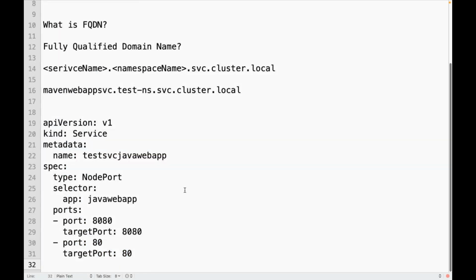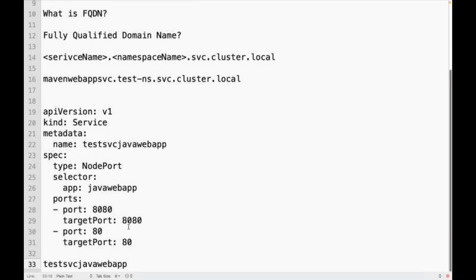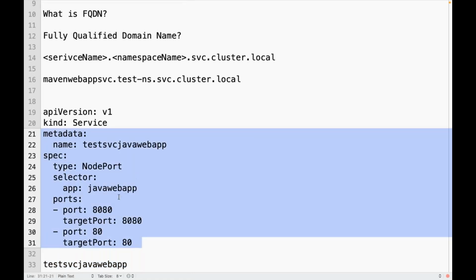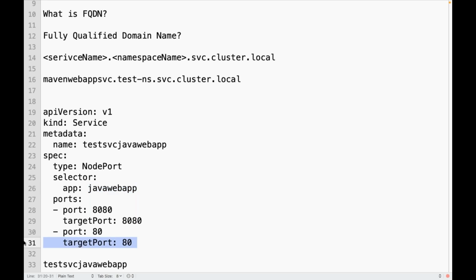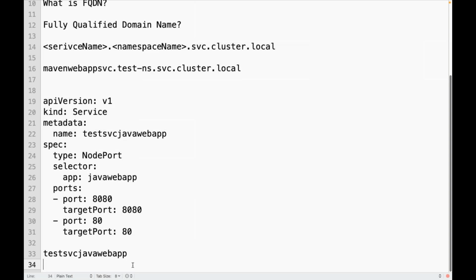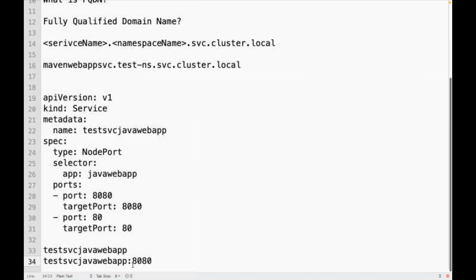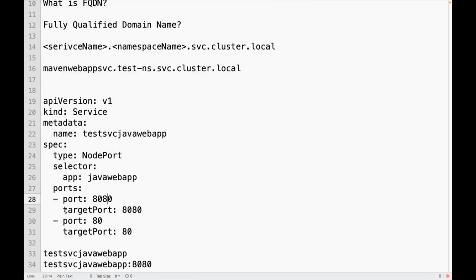So if I have done like this, when I am accessing this service name without mentioning any port, the request goes to port 80. Is it going to forward the traffic to that Nginx container port? If I don't use any port, is it going to route the traffic to the container running in that pod on port 80? If I don't use any port, yes. But if I use it like this, is it going to route the traffic to the respective target port?